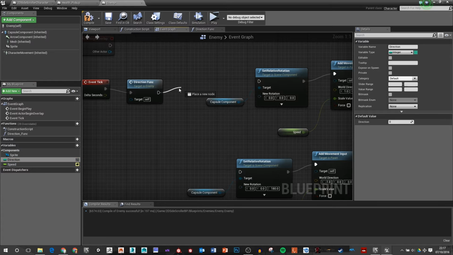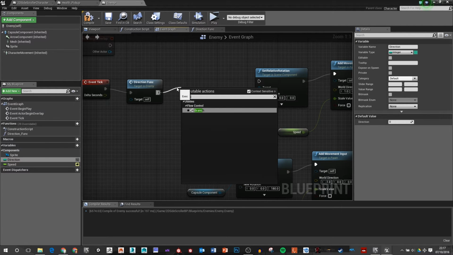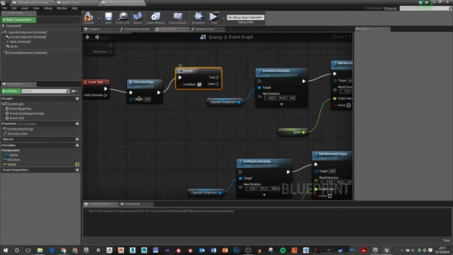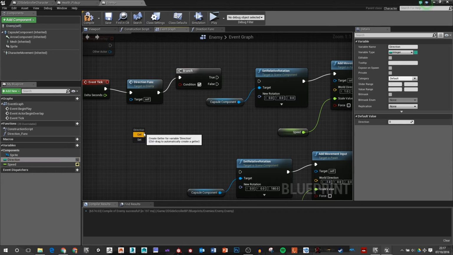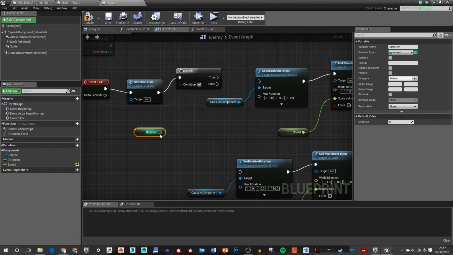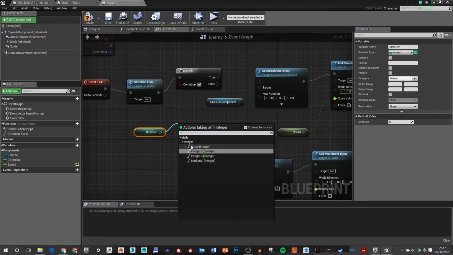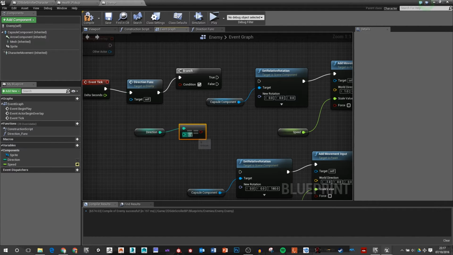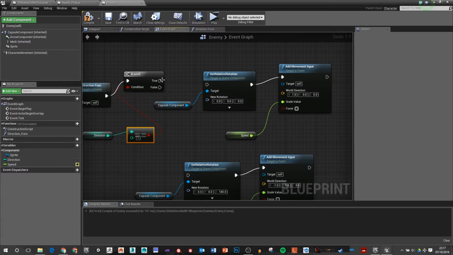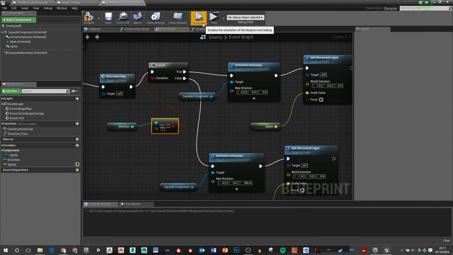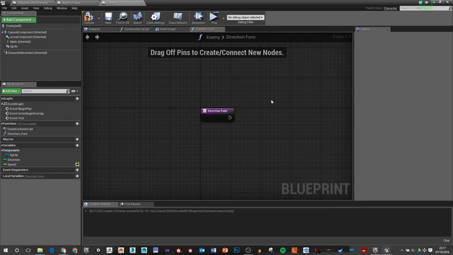So what we want to do is have a branch, and basically we're going to get direction and ask, is this integer equal to 1? If it's true, it's going to move to the right. If it's false, it's going to move to the left. So into the direction function,